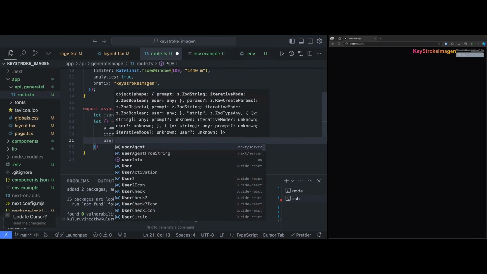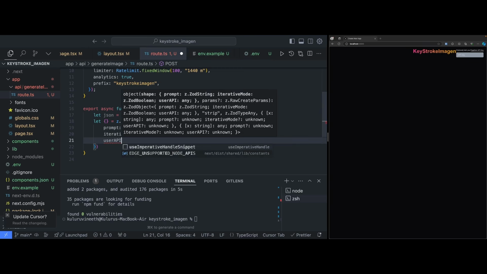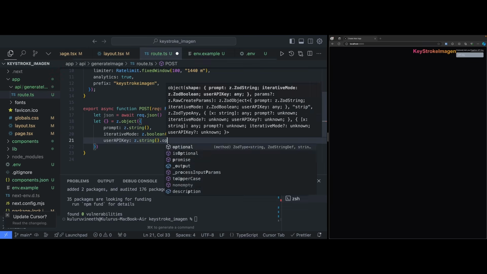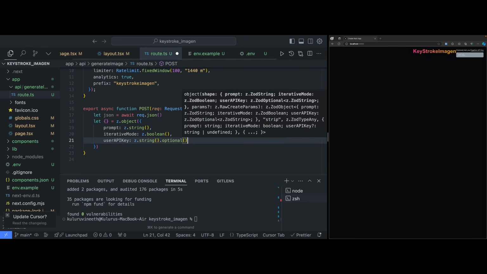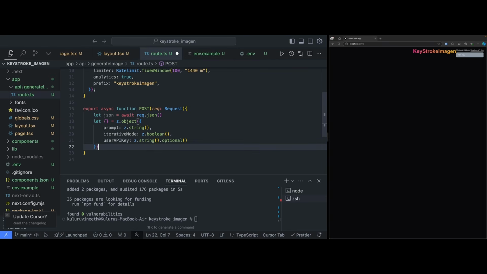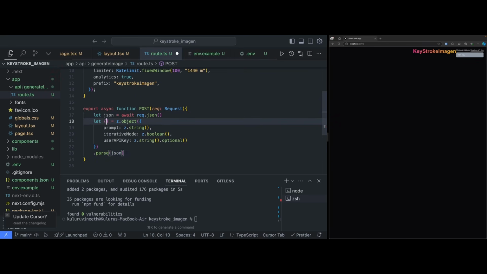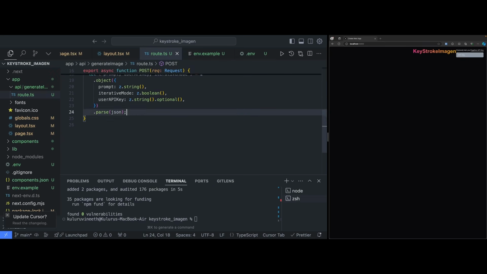Okay, and then this user API key, if provided, I'm just going to make this optional. So only if provided we're going to use this, or else not. So I'm going to parse this JSON that we are receiving in a request, so I can destructure them: the prompt, the user API key, and the iterative mode. Okay, so once we collect these values,